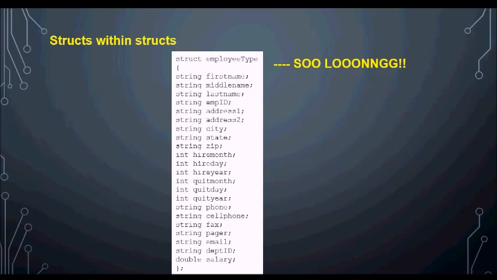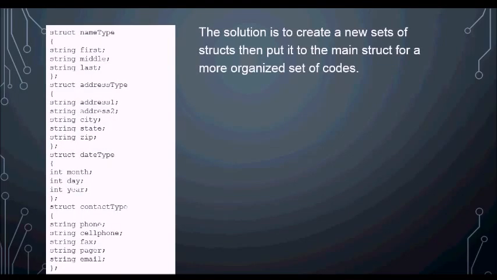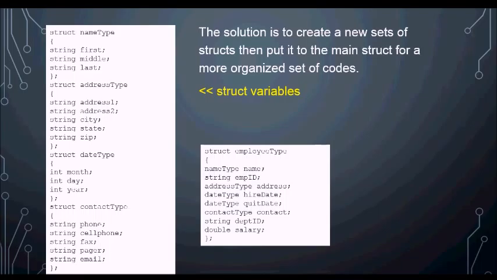So we can organize them by having a new set of structs that we put into the main struct for a more organized set of code. For example, we can separate the names, address, date, and contact type into a new struct. Then those substructs we can put in the main struct for a more organized and shortened struct